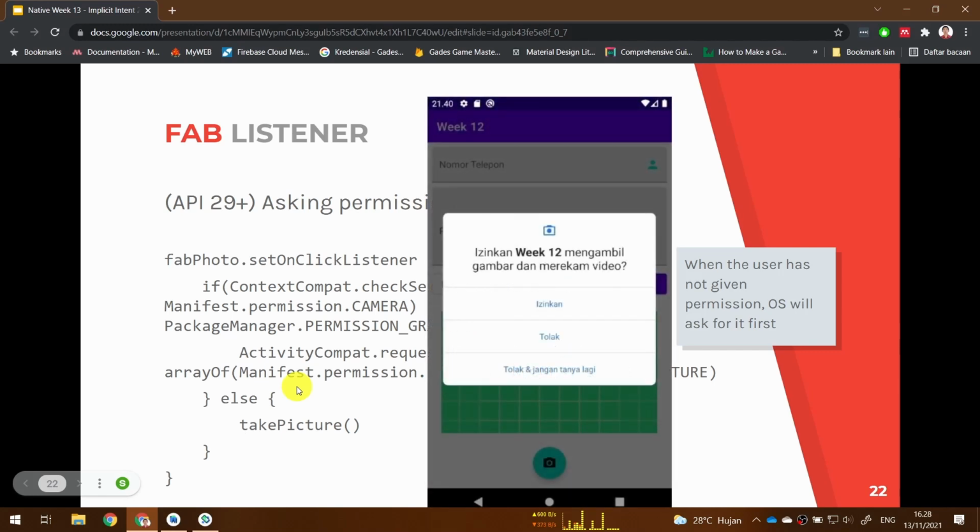Later when our application is run and we click the FAB button, when the user has not given any permission at all, the OS will ask for it first. Here in the screenshot it is in Bahasa, but you will get a similar message box later.